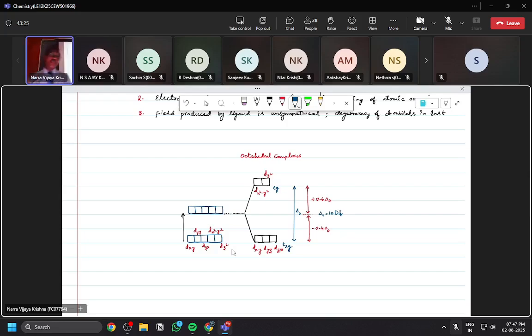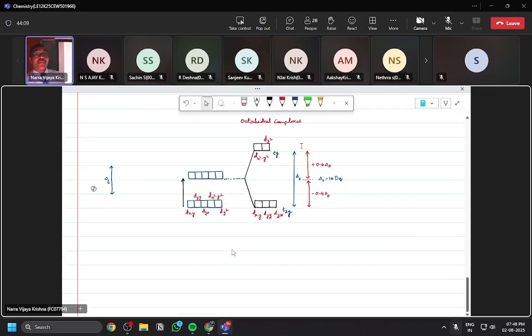If it is a tetrahedral complex, ligands should approach between the axes. If they are approaching between the axes, the energy of these 3 should increase, and those 2 should decrease. But how many ligands are approaching to form tetrahedral complexes? 4. Then what about this energy gap? More or less? Less. Correct or not? Here 6 ligands are approaching, therefore this energy gap is high. When 4 ligands are approaching, the energy gap should be less. So I am writing that energy gap as only this much, and I am writing that as delta T,